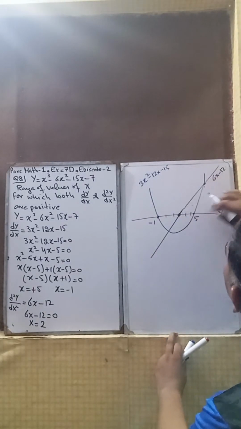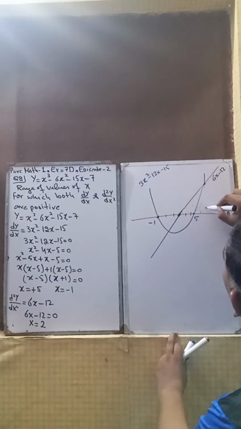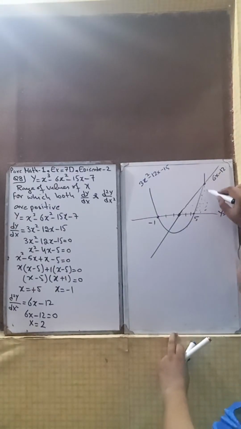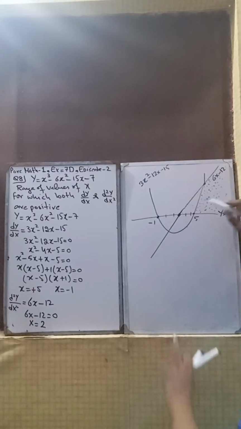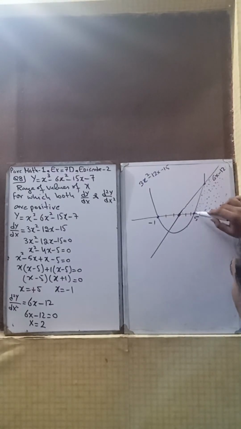This area. What is the most important thing about this area? I'm just trying to shade it. What is the important thing? In this area, after x equals 5, the blue color graph is above y equals 0,